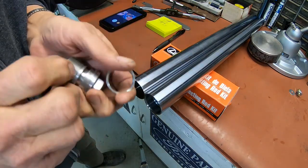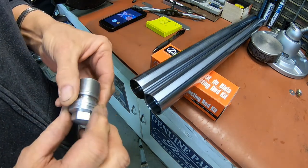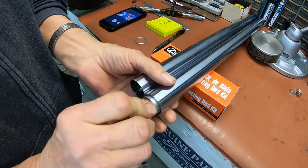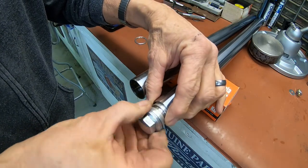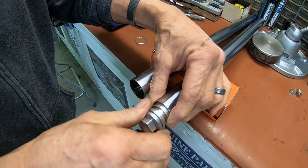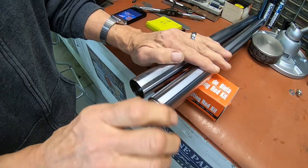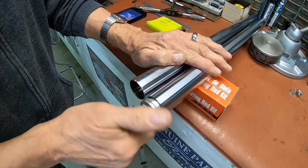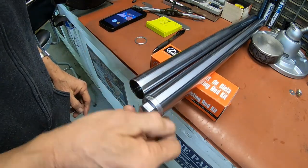Okay guys, got them made here. That's what it's going to look like. Oops, I got 2 of them on there. That's what it's going to look like right there. And this is the new tube here. Well, if I could get it started. There. Okay, and there you go. That takes up the